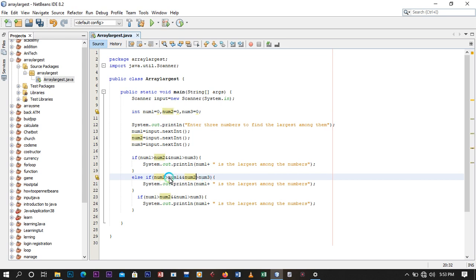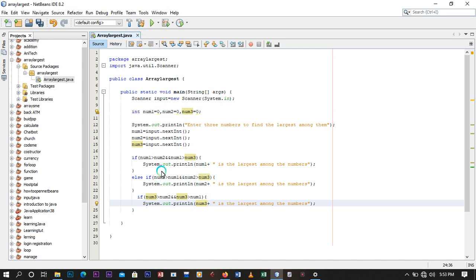Okay, so if num2 is greater than both, num2 is the biggest. So again, if num3 is greater than num2, and then num3 again is greater than num1. Simple like ABCD.